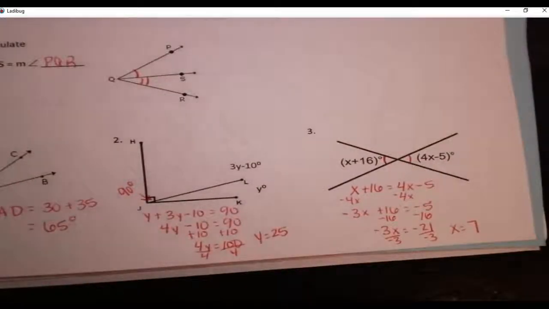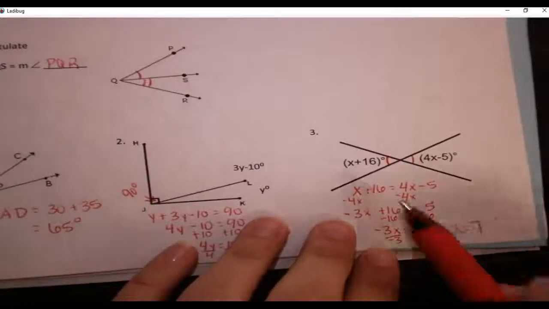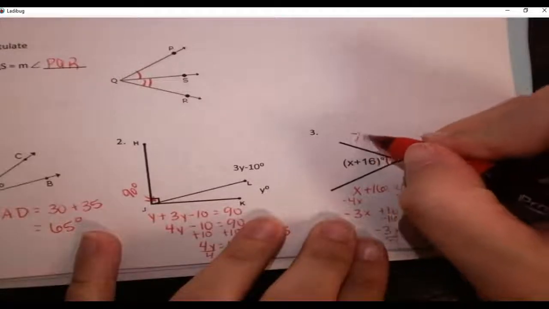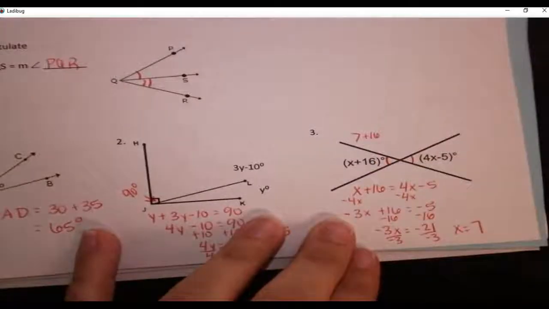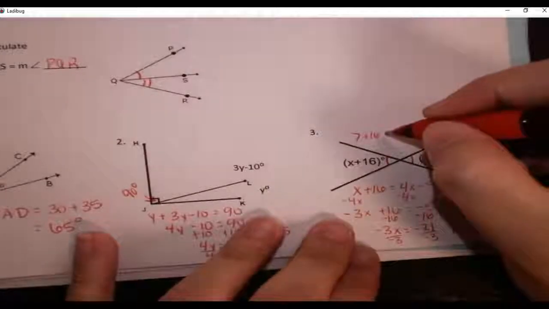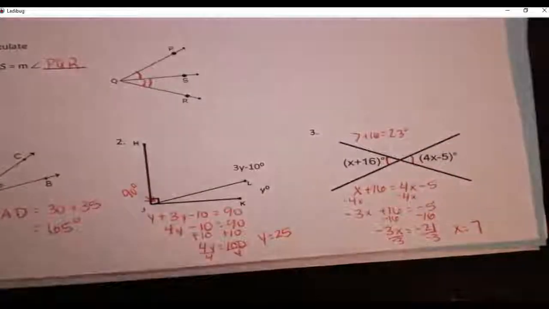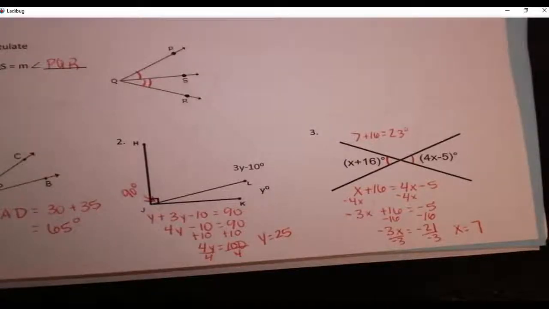So then sometimes it might say not just what does x equal, but what does the angle equal. So then you might want to take the 7 and plug it back in. So if we plugged it in, 7 plus 16. So then our angle would equal 23 degrees. So if it says